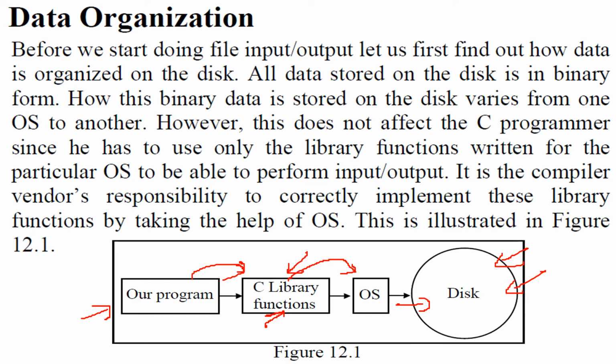But for a C programmer, for us, it doesn't matter. Why? Because we are using the library functions and we are using the capabilities of the operating system to perform the input output. So it is the compiler vendor. It can be any compiler from any vendor. Now it is the responsibility of this compiler to correctly implement these library functions and also take the help of the operating system. File operations. When we are dealing with